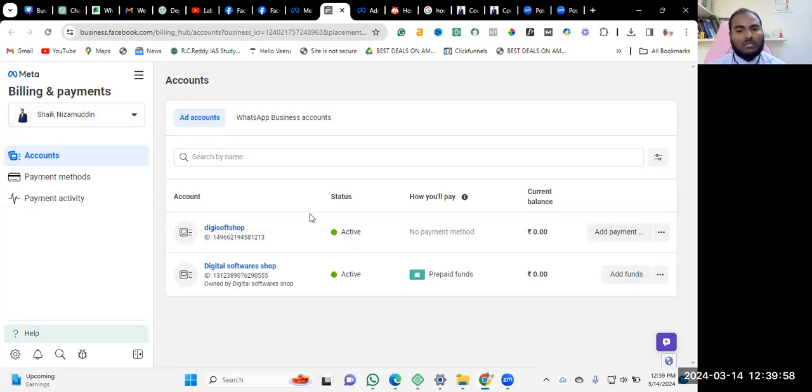Presently, I can add payment here and I can add the payment directly. I can add the funds here. Presently, in my current account, the balance is zero. It is showing here. So from these